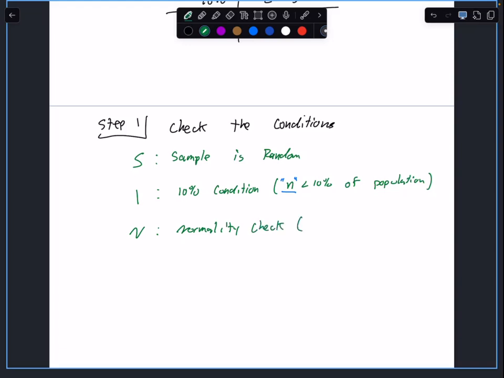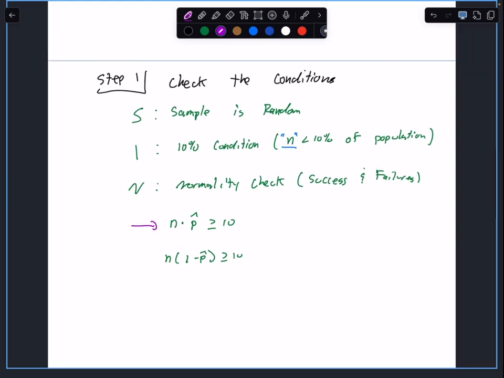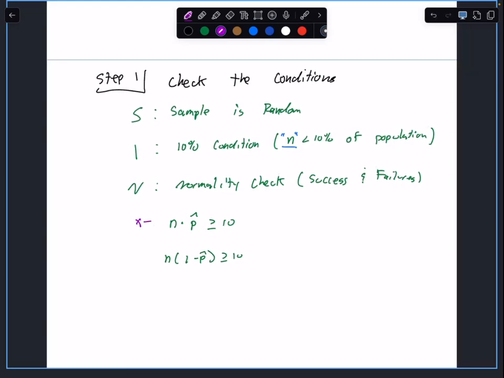Which we also call the success and failures condition. So in this condition, we're going to find N times P hat. We want this to be at least 10. And N times 1 minus P hat, we want this to be at least 10 as well. And again, I want to note that this N times P hat is X, the observed